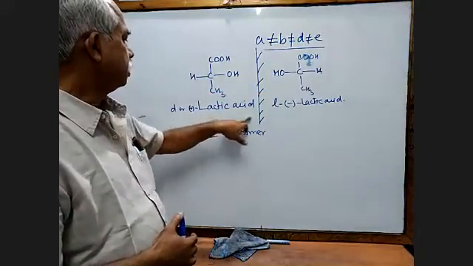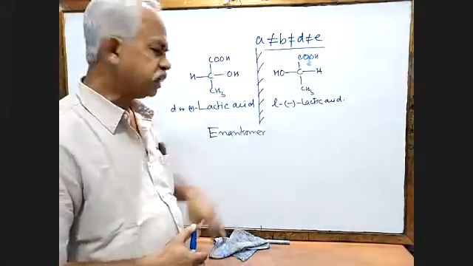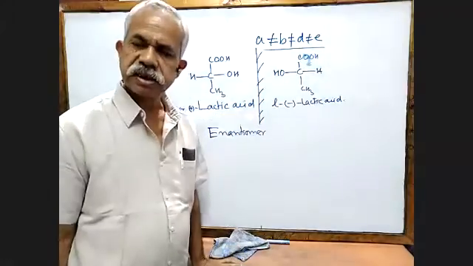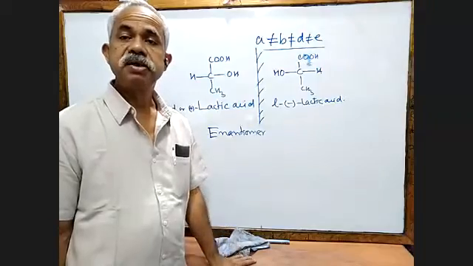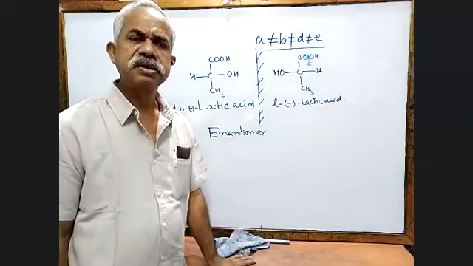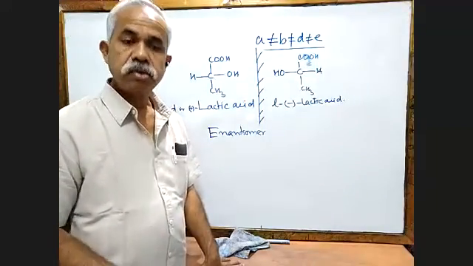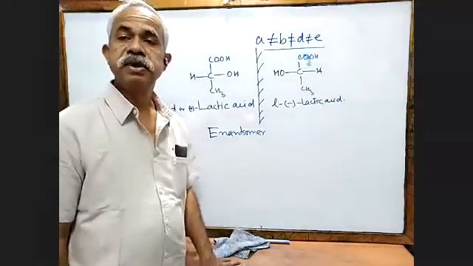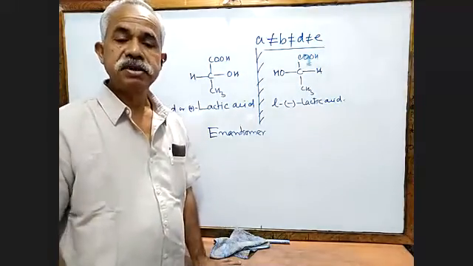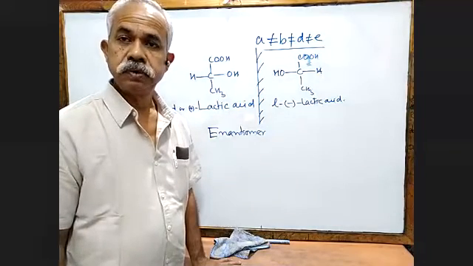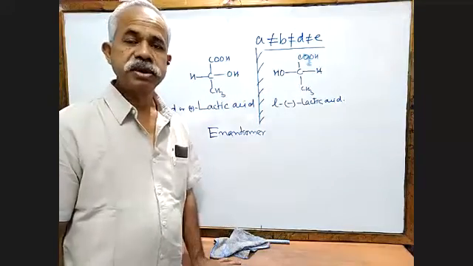See here. This is dextro. This is levo. They are not superimposable on each other, but they are the mirror images of each other. Clear? So if this question comes, you have to define. Of course, in CBSE the definitions are hardly asked, but in the medical entrance exam definitions are very famous.